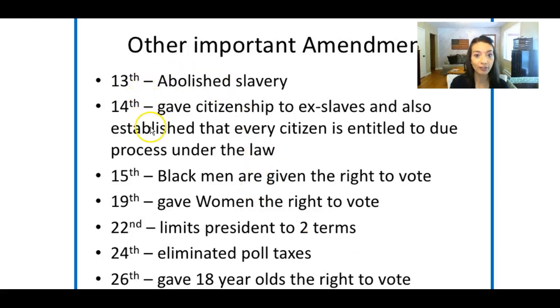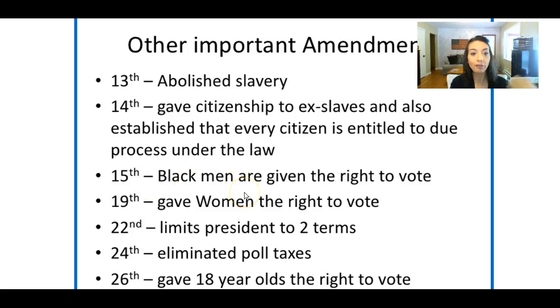So the 13th, 14th, and 15th Amendments you actually get to learn about this semester, and these are passed during the Reconstruction era after the Civil War. So the 13th abolished slavery, the 14th gave citizenship to ex-slaves, and the 15th gave Black men the right to